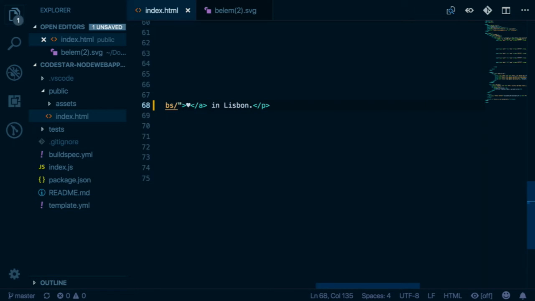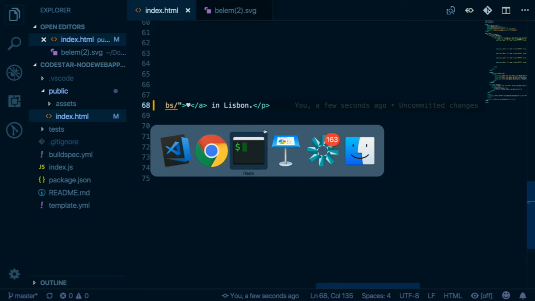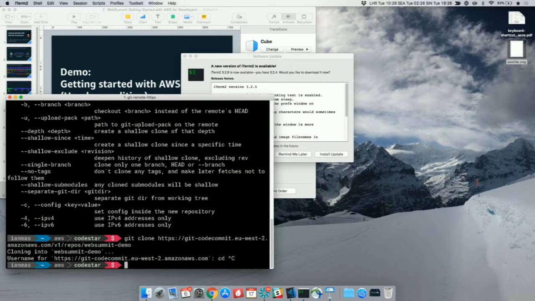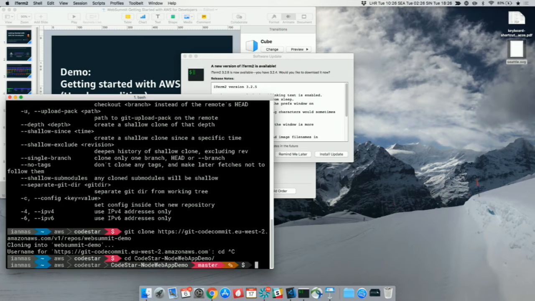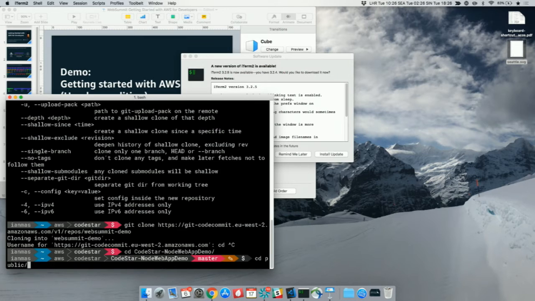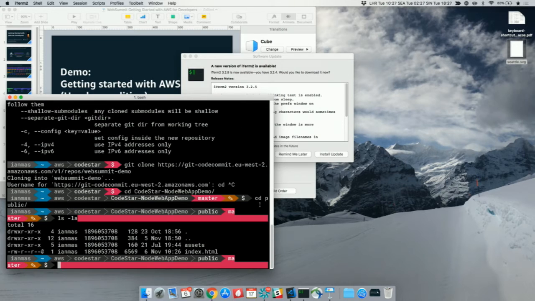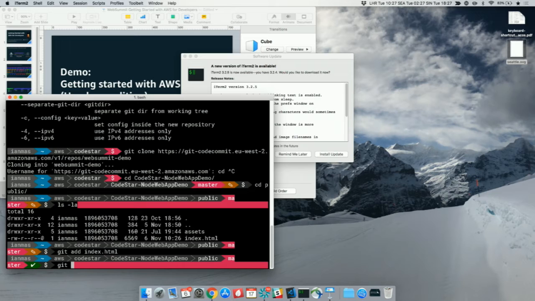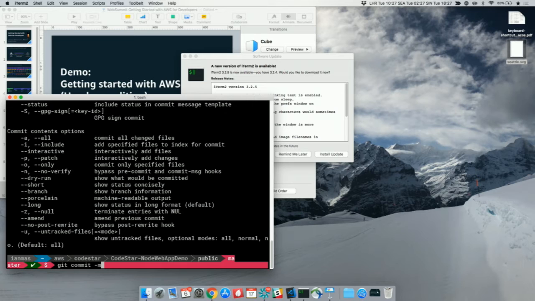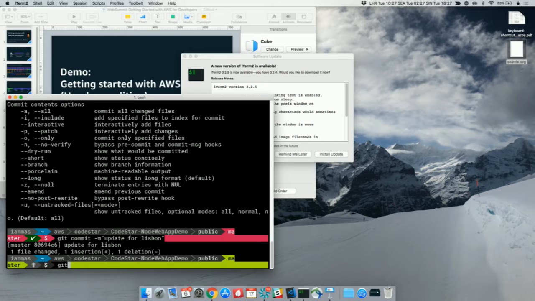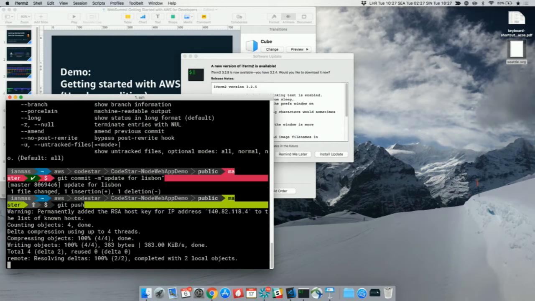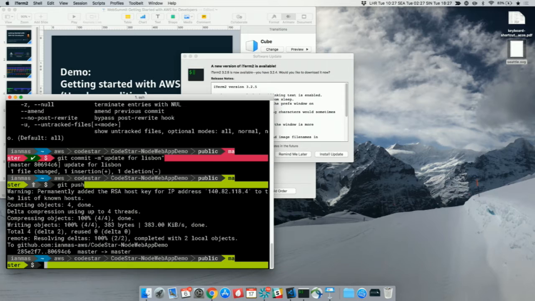So we'll save that file. And you'll see that the timestamp on our index has just changed to 1026, which is now. So we've committed a change there to our local source repository,